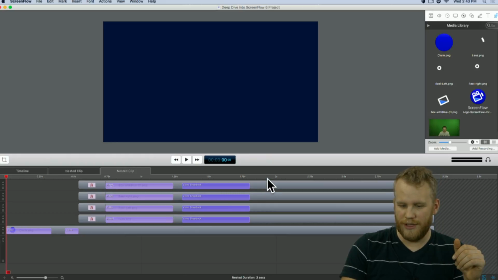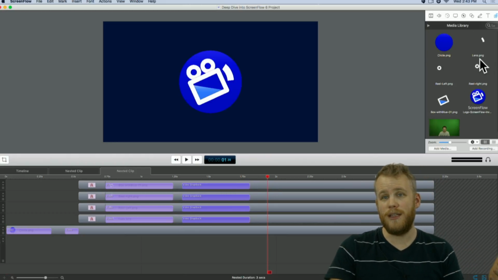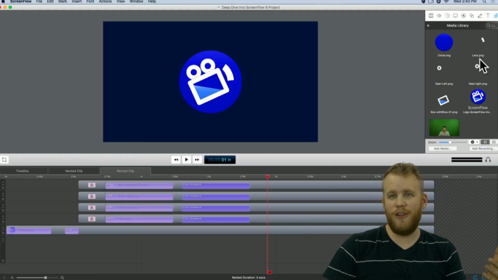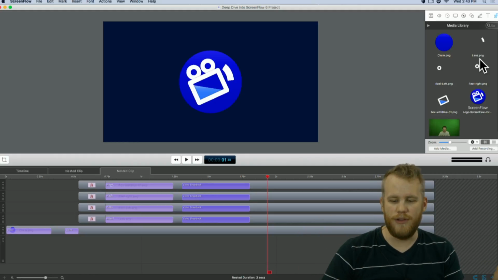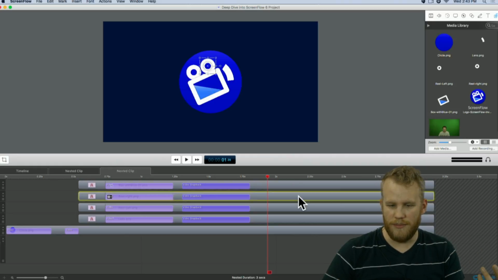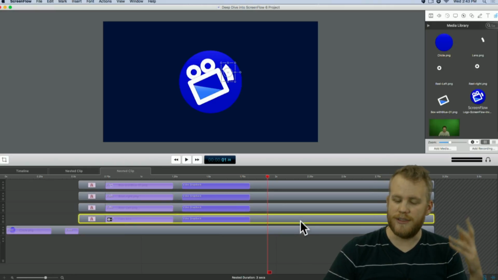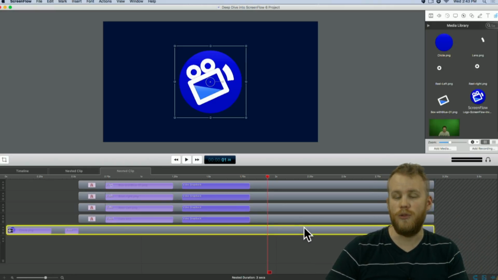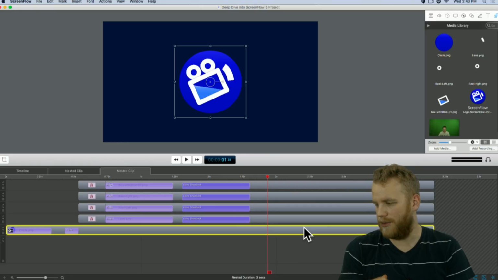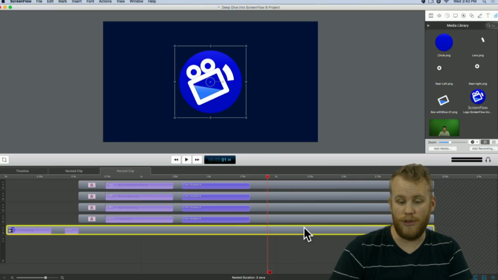But as you can see, if I come over here to this ScreenFlow logo, you can also see over in my media library that each one of these elements was placed there individually, and I built it out. So as I cycle through, that looks like the box there in the middle. This is my reel on the right, my reel on the left. This is the lens, and then the blue circle. So I took each one of these elements in individually, lined them up to create the ScreenFlow logo, and then